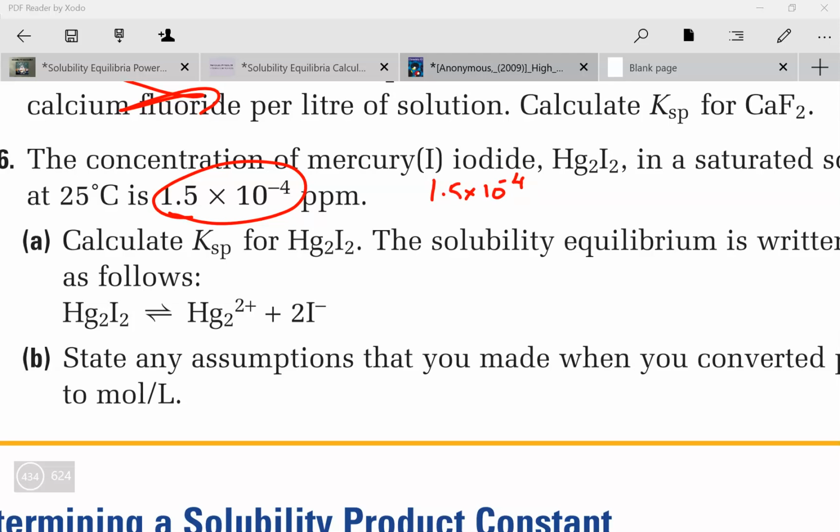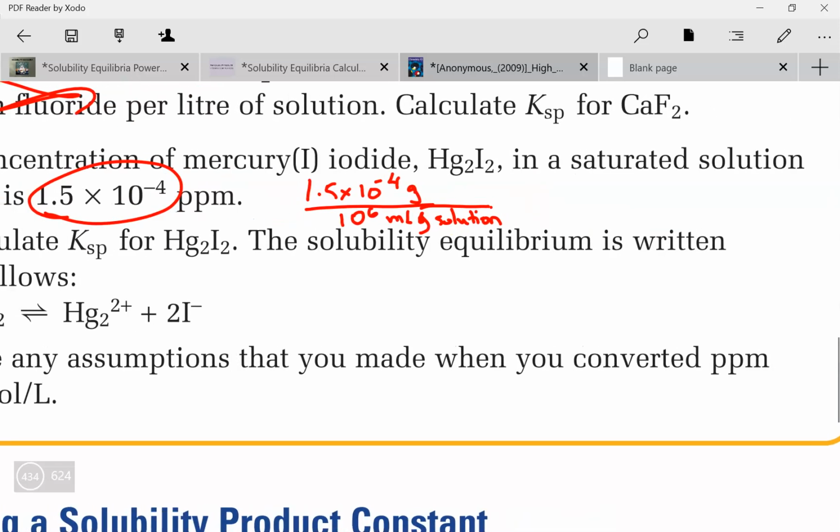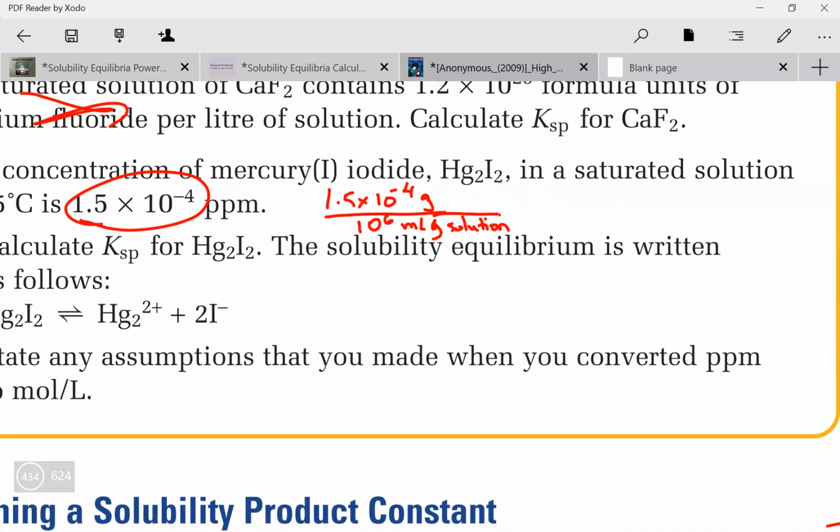The definition of parts per million is the mass of solute in 1 million milliliters of solution. So again, we have this many grams in 10 to the power of 6 milliliters, which is 1.5 times